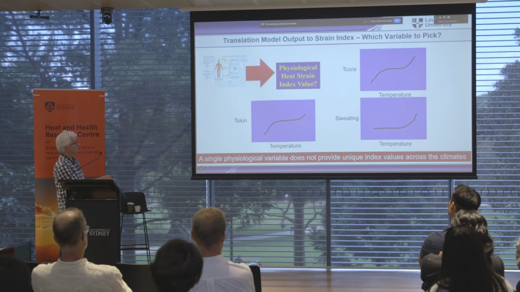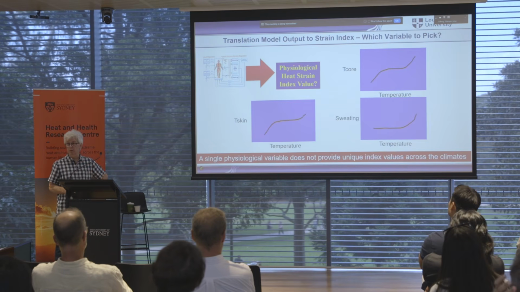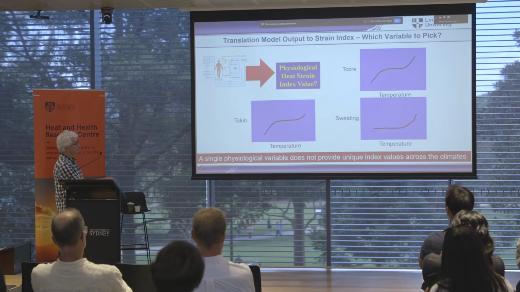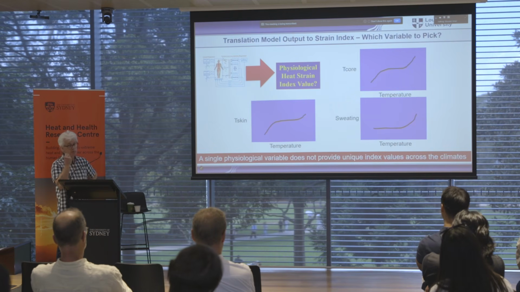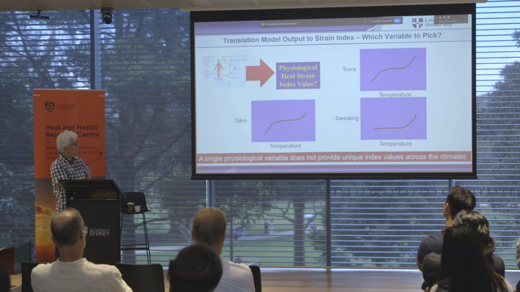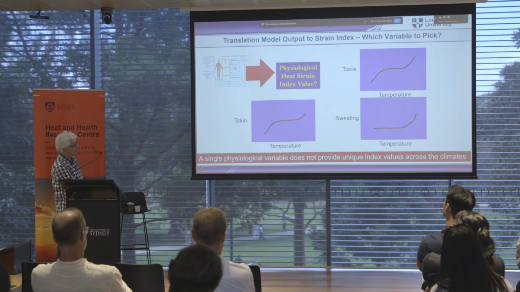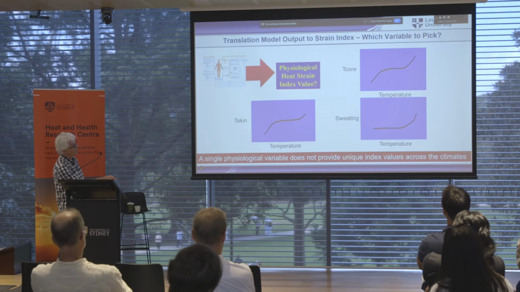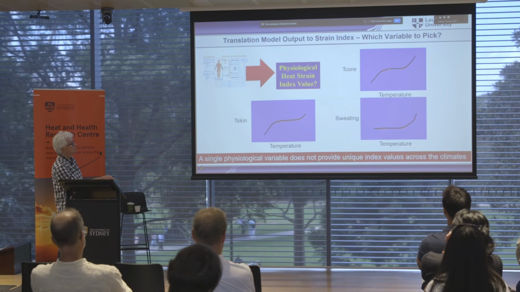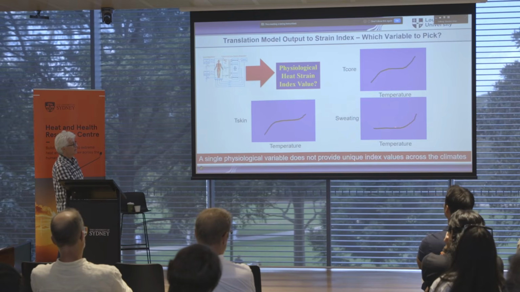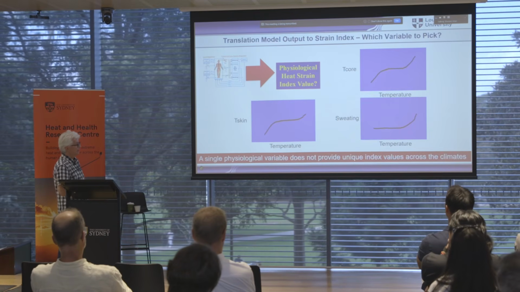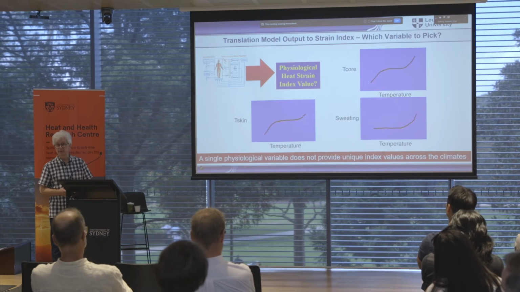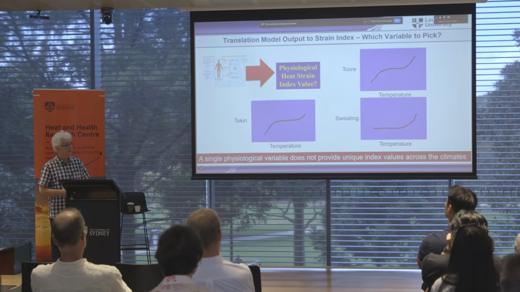In a wide range, your skin temperature will be quite similar because you add more clothing when you get colder. Then at some point it rises in the heat and it goes down in the cold. But remember, we had to have unique values for each. So here in this range, you can't really use the skin temperature as a good indicator for the climate. Core temperature has something similar with a flat area in the thermoneutral zone. Sweating, nothing at low temperatures, and this. So a single physiological variable does not provide a unique index, but we need a unique index.